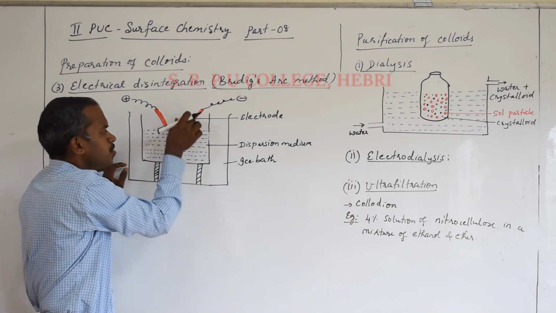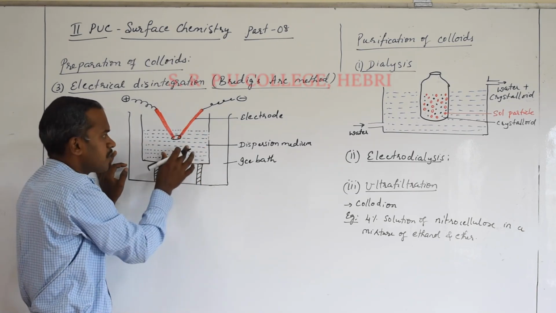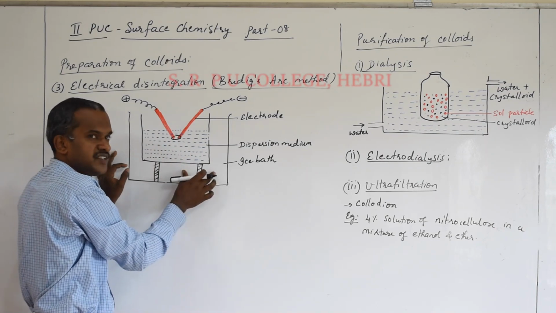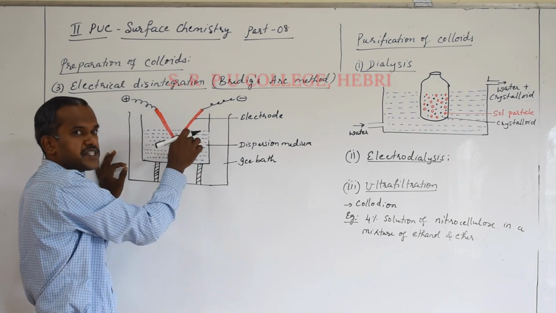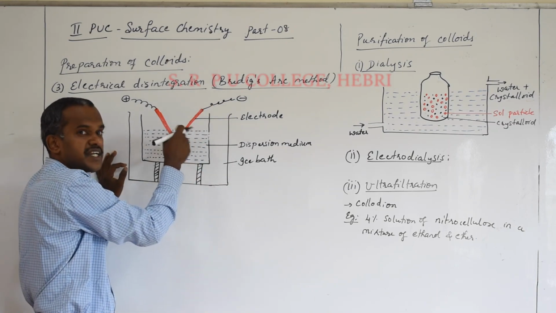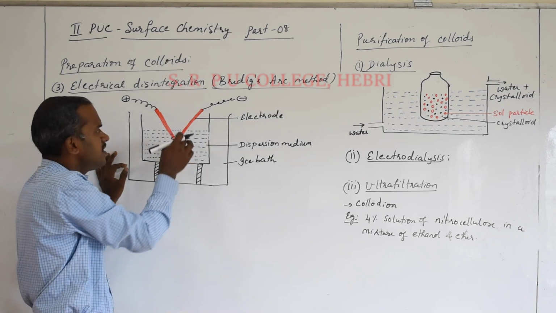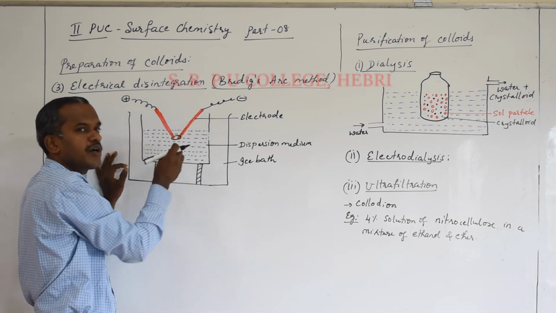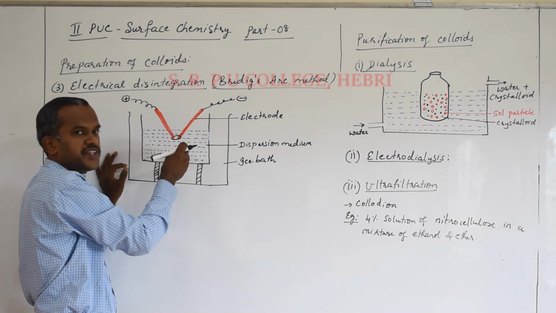Okay, the two electrodes are kept in the dispersion medium, and just for the stability of the colloidal particles and for easy condensation, it is kept in an ice bath. This is the ice bath. Okay, now when a high voltage current is passed, what happens? There starts a decomposition of the metal. The metal electrode starts disintegrating and the vapor form of the metal will condense to form the colloidal sized particle. So there is a decomposition as well as a condensation.